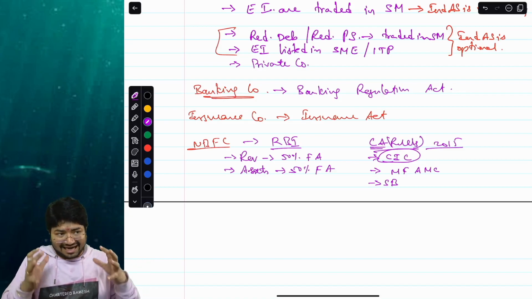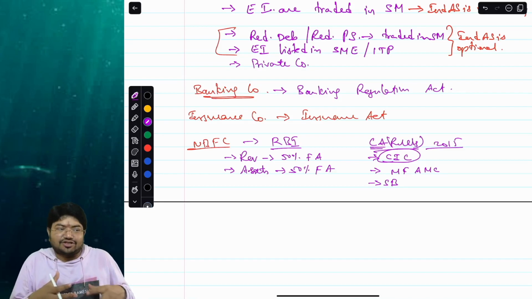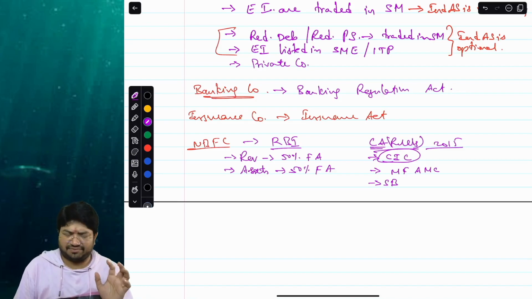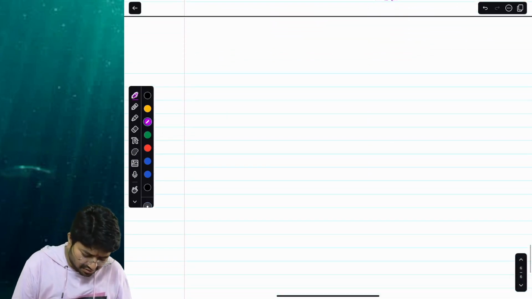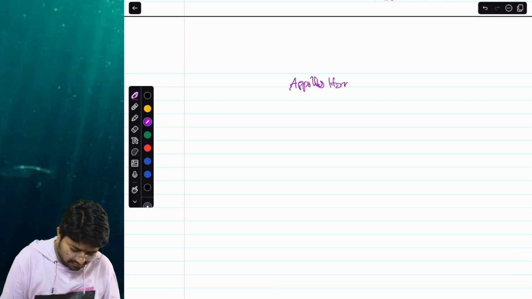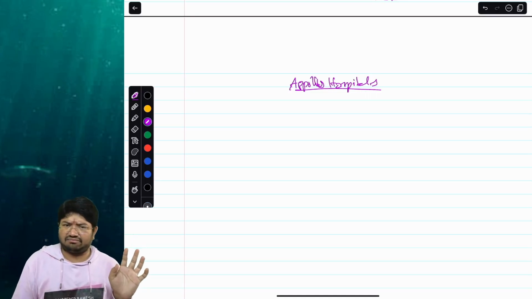Core investment company means I have an entity, my entity's operations itself is to invest in another entity, in which case I call it as a core investment company. I'll give you a good example. Apollo Hospitals. Today Apollo Hospitals is a large chain of hospitals in India to some extent. It is South India, it is predominantly visible.